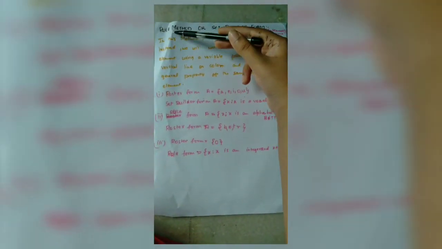Rule means they are giving rules so that we can find out the elements of the set. Instead we will write the